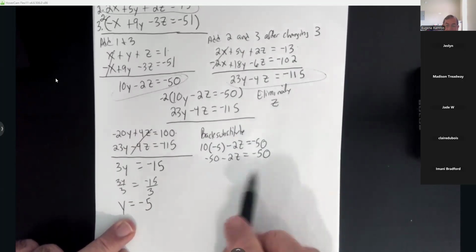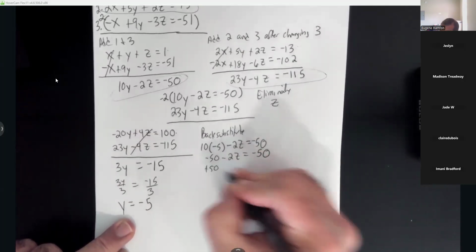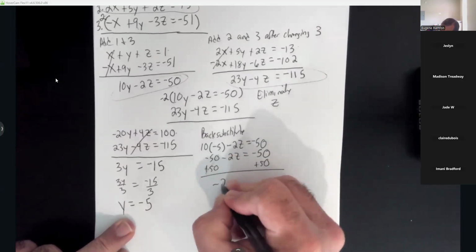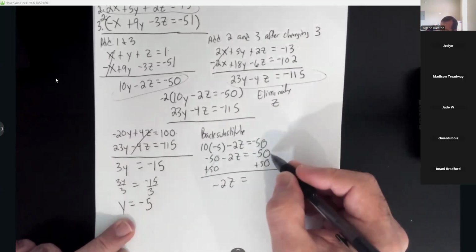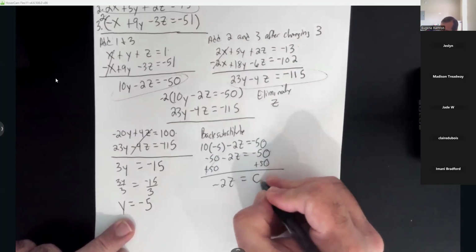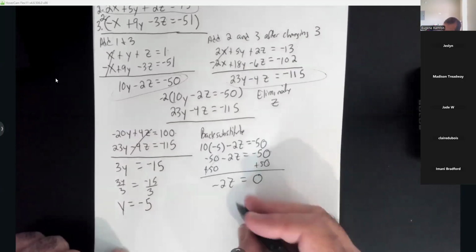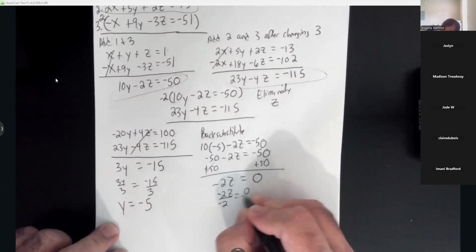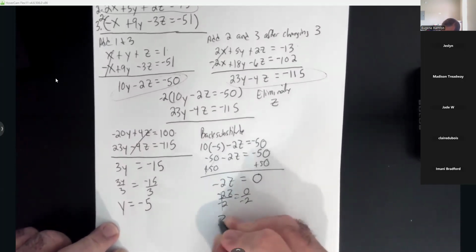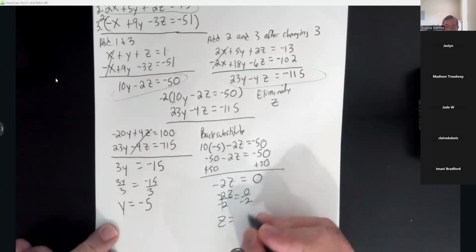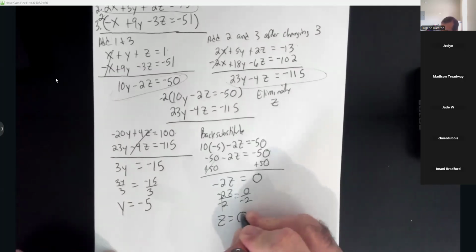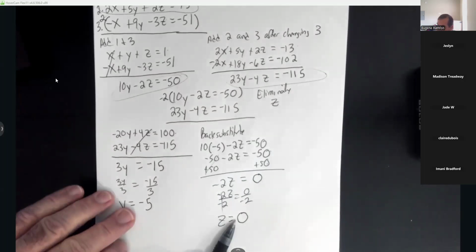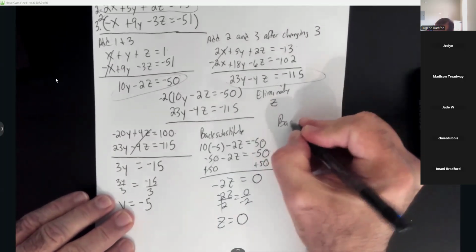So to solve this one, I would add 50 to both sides. Look at that. That cancels, -2z. -50 and 50 is a 0. And if I divide both sides by -2, that cancels, giving me z. And look at that, 0 divided by -2 is 0. So I know my y is -5. My z is 0. So I'm going to back substitute one more time